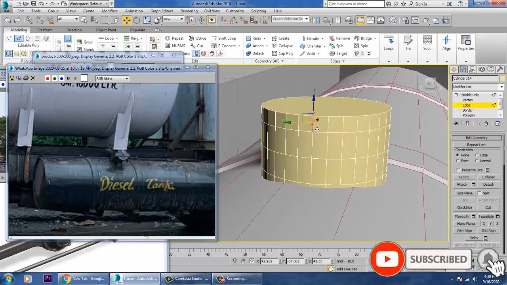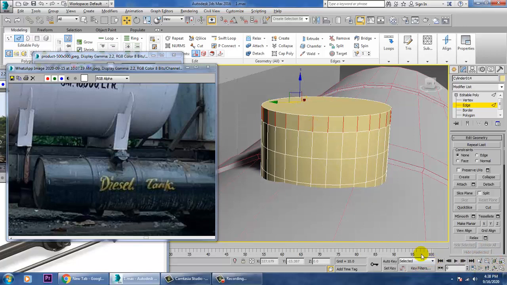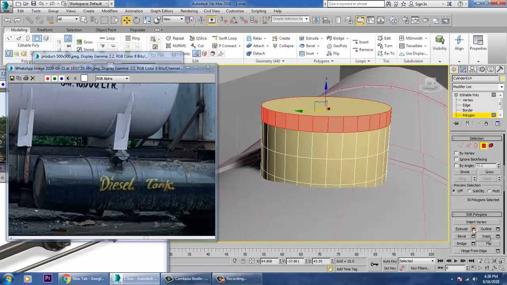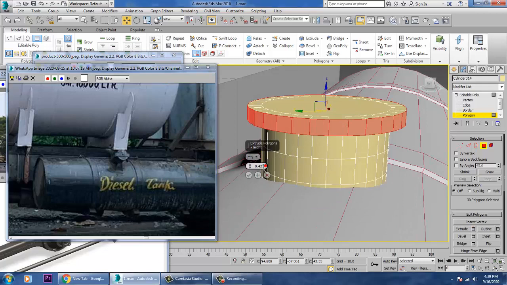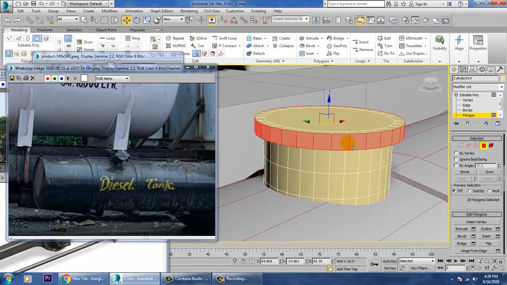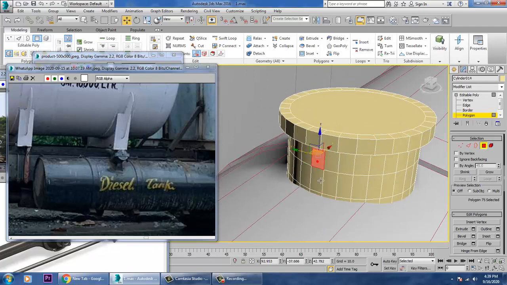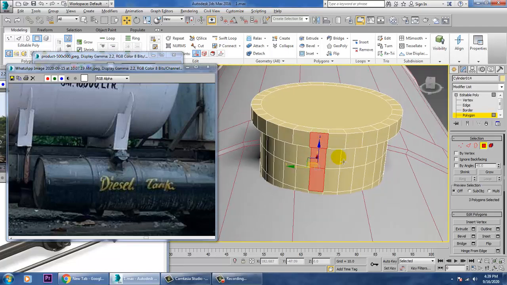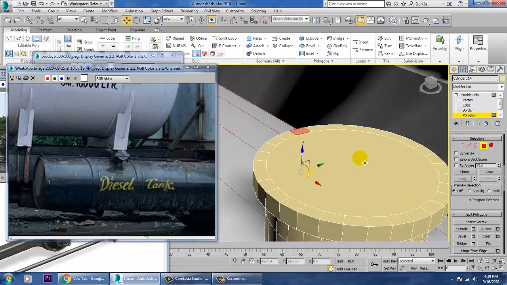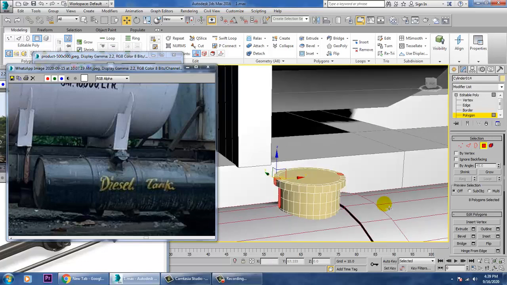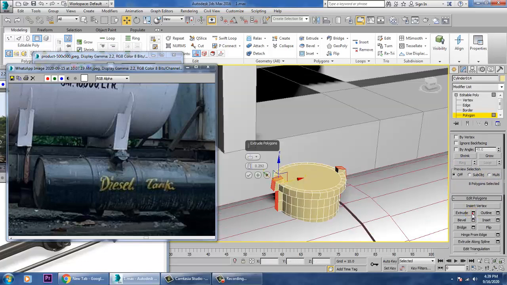Select this, ring it, click on the polygons and extrude it by local normal and click OK. So now if you go in here, I'll be just pushing this out over here for this cap. So just select this whole thing and let's just extrude it out.